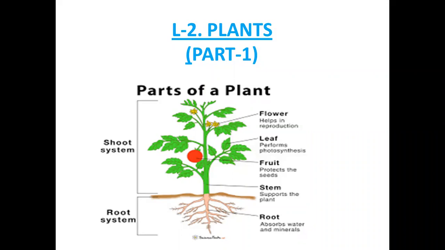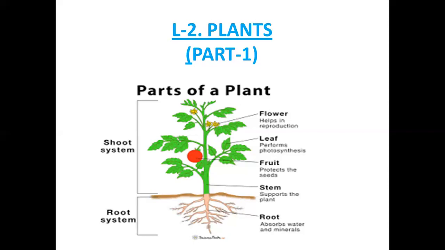In class 3, we have learned about plants. Let us revise the same by completing the following answers. See here, we have a picture. In this picture, we have different parts of a plant. Let us once have a check on the parts of the plant and their functions. In the previous class, we have studied about these parts and their functions. So, what is the main function of the root?